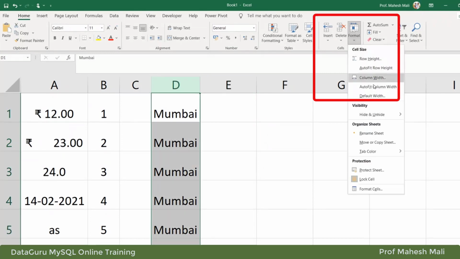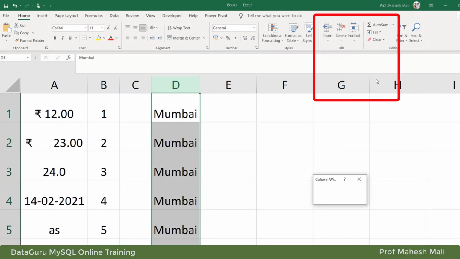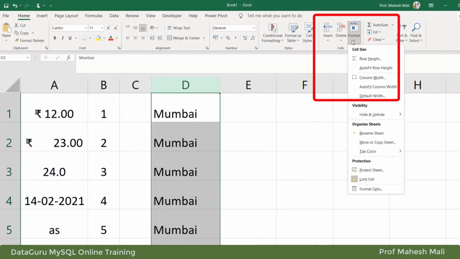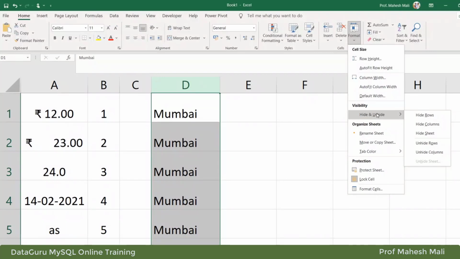Suppose I want to format a column. Column का width I want 10. I can do it with help of format column. Auto format तो मैंने already बता दिया आपको. Visibility, if I want to hide some column, just in order not to show some customers a column with sensitive information. Okay, renaming sheet I have shown you very simply. Then there can be protecting cell and locking the cell.